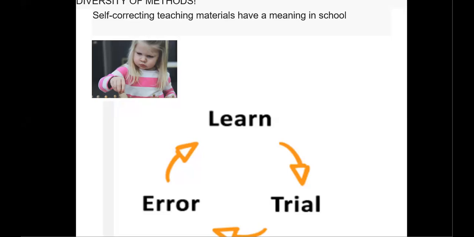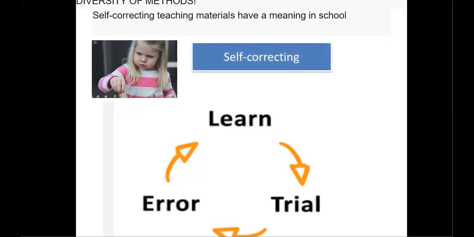As you see here, this female child is trying to put these shapes in their right location, their right position, and she's trying. So we should not forget that the process of education is learning and error, and of course, self-correcting.